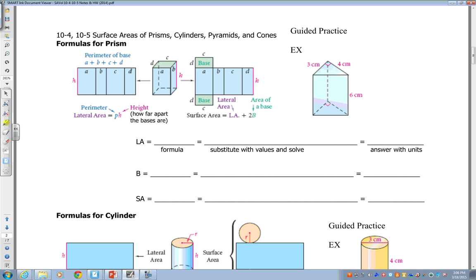And I just want you to take a moment and watch this visualization of how prism cylinders are formed and how you can see their surface area. Because especially the cylinder, I don't know if everyone's going to be able to pick it up on this little,